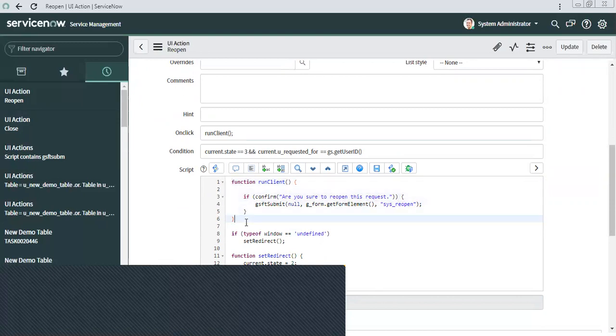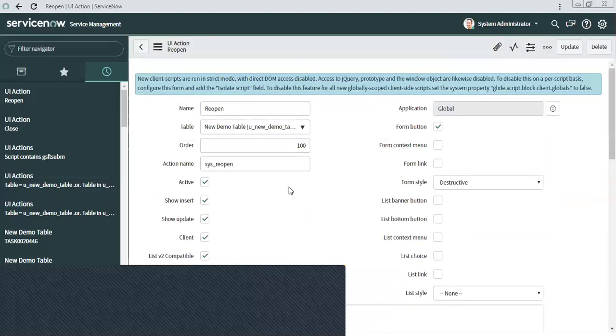At the end of your client side code, where it is about to finish, you write two or three more lines. This particular line should come: gsftSubmit(null, g_form.getFormElement(), ...), and this last parameter changes every time in every UI action, as it will be the name of your UI action.